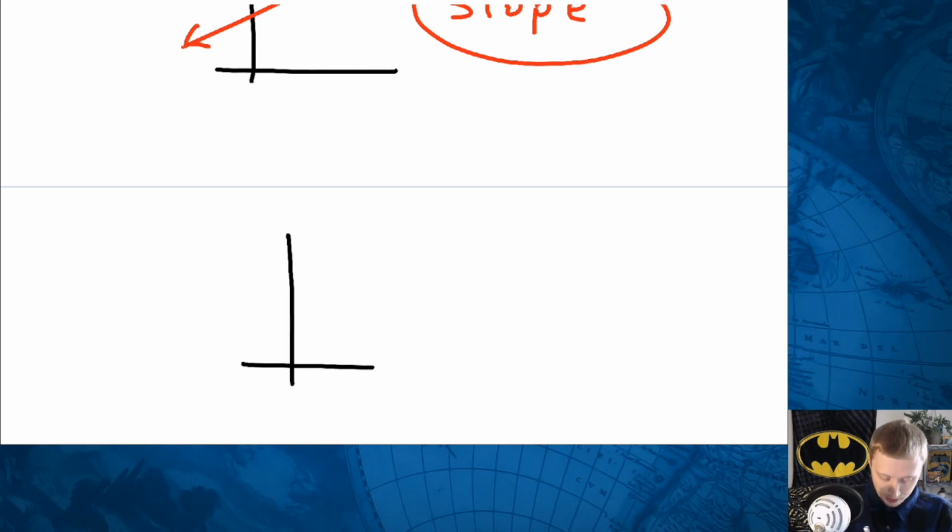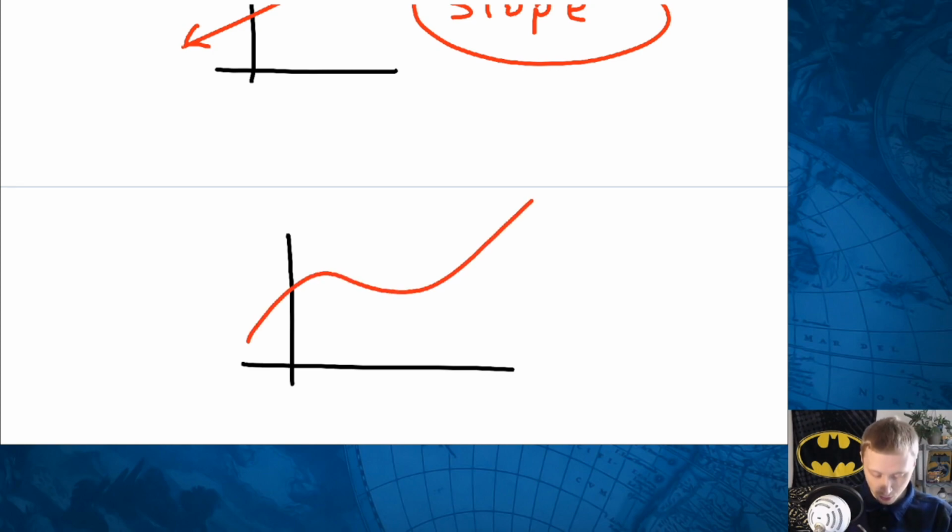So let me make another graph here that's a little bit different. Uh-oh. What is the slope of this graph? What's its rate of change? It's not a single number. The rate of change is changing. Oh, now we got change on top of change, right? This is why it's such an important concept for you to start thinking about, for you to have under your belt as a basis for everything going forward. Things are going to change. The sooner you get used to it, the easier life is going to be. And that includes mathematics. Okay?